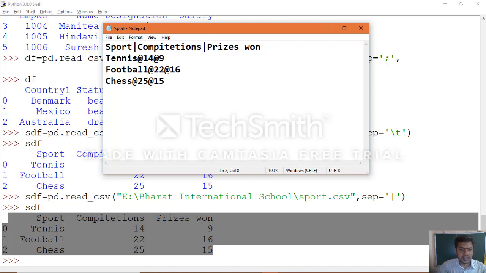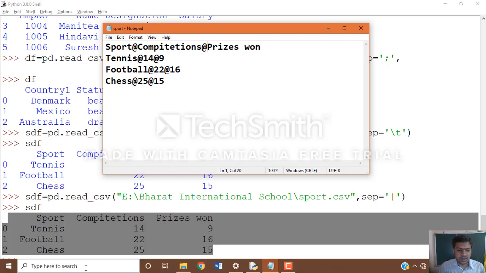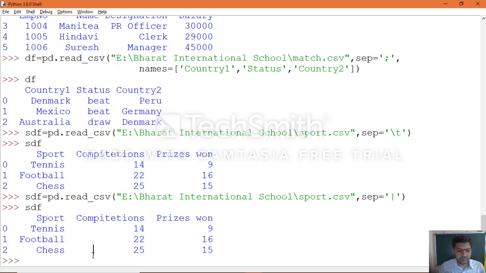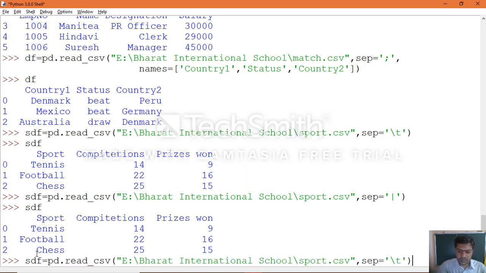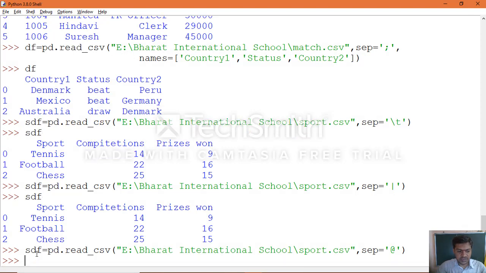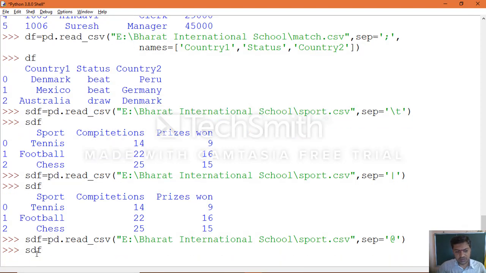The separator is @. Save it again. Now change your object name, instead of that use the @ symbol. Execute it, print the object.